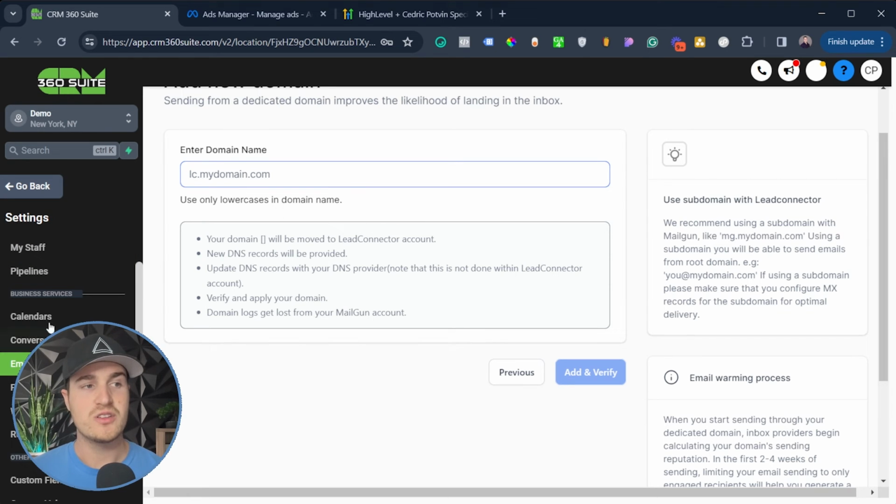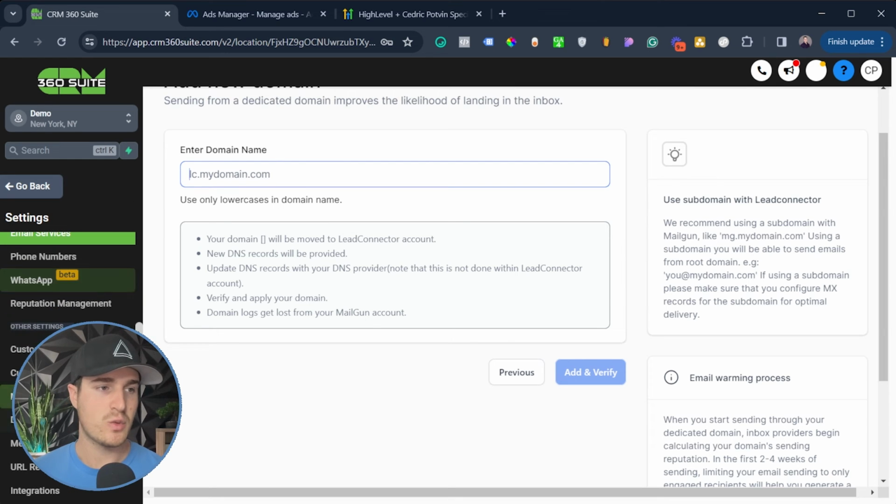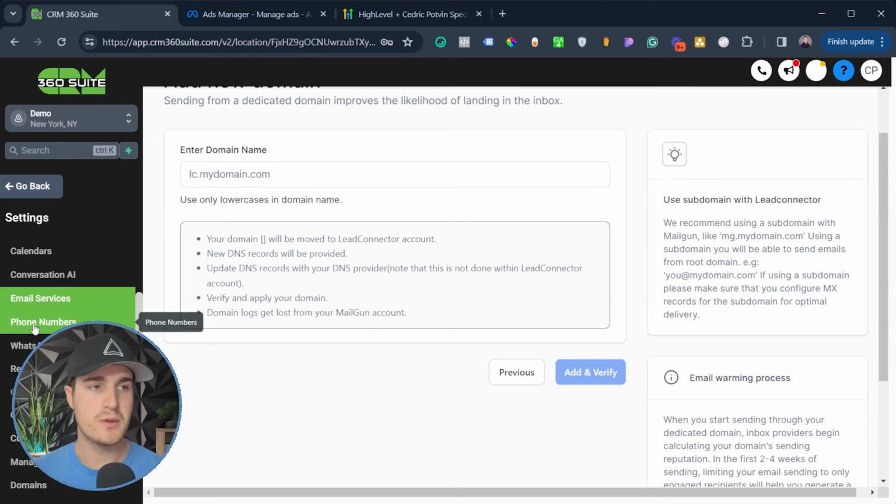So what you can do now is send emails with your own domain, and you definitely want to do that and not just use the regular Go High Level email. You want to use your own domain email to send the confirmation email, maybe the reminders and all that fun stuff. And then the next thing you want to do is go to phone numbers,